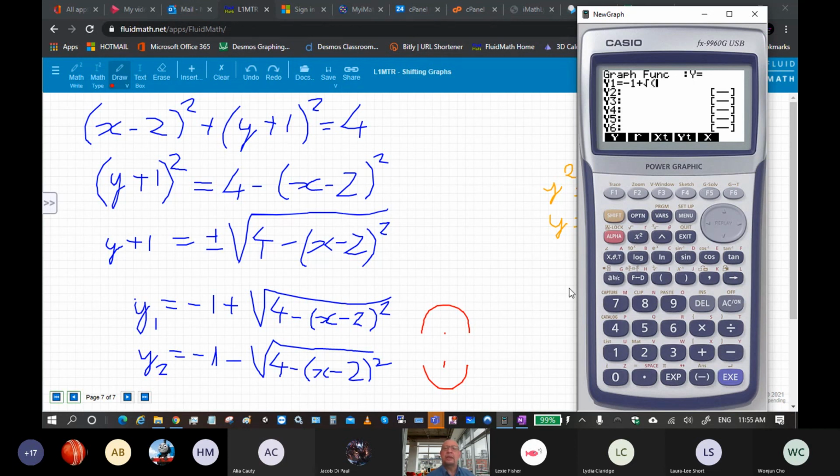So I've opened the brackets and the square root is being taken from the whole expression. 4 minus, brackets again, x minus 2 to the power of 2, and close the brackets under the square root sign and execute that,